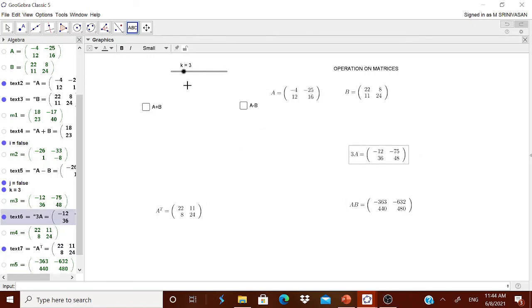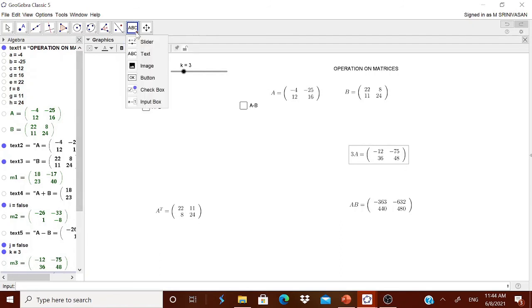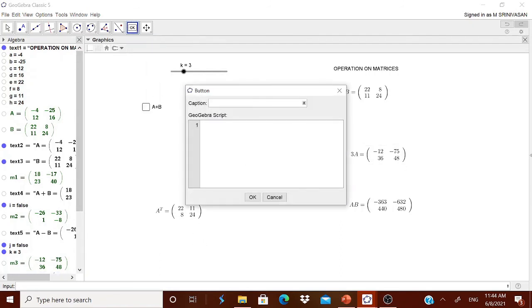Now what you can do is you want to get these numbers generated automatically. Now there is one way. Go to this OK button, click it. In that OK button you type new problem. New problem. Okay, please note down, you have to type new problem. And here you type update construction, UpdateConstruction. Okay, spelling please be careful.